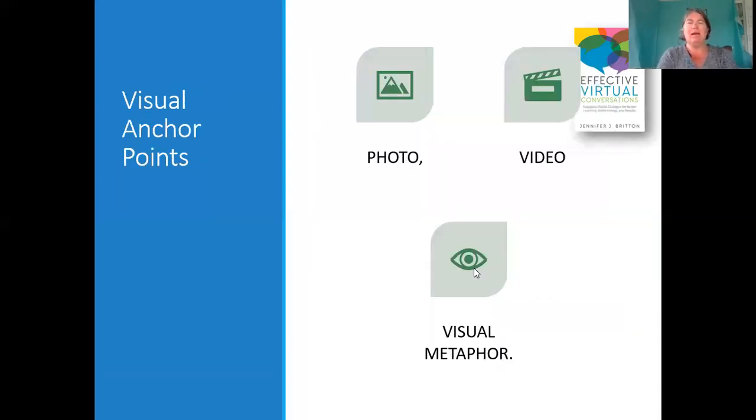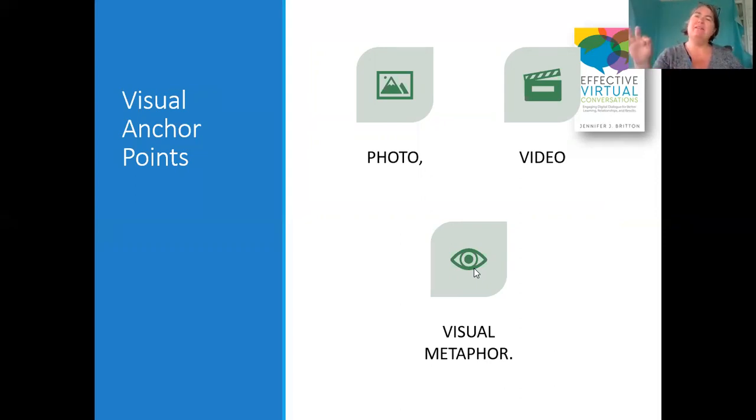Now, in our work as facilitators, especially in a virtual space, we want to also practice another one. I think we're at number 5 now, and that is to make sure that we have a variety of visual anchor points. Think back to the first 10 or 12 minutes of this call. Yep, we're running now for 12 minutes. Think about the different things that have stood out for you. My guess is it might be a photograph that caught your eye. Might have been the visual metaphors or the icons.